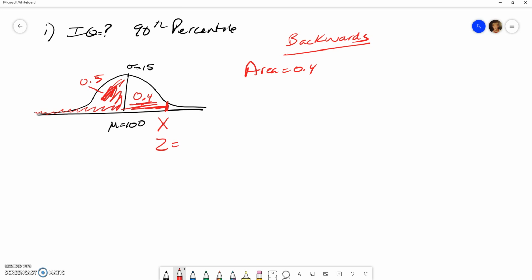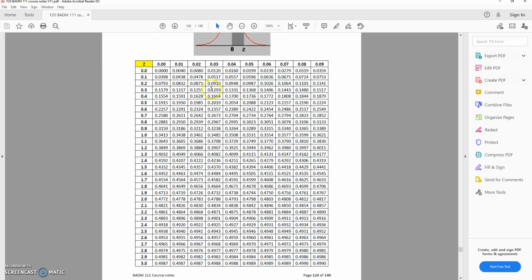So let's look in the normal distribution. Instead of having a Z value and finding the area, we know the area. We know the area is 0.4. Now area, top left starts really small, bottom right gets bigger. So the areas increase as we go across and increase as we go down. So find the closest value to 0.4. 0.3997 at 1.28 is the closest value to